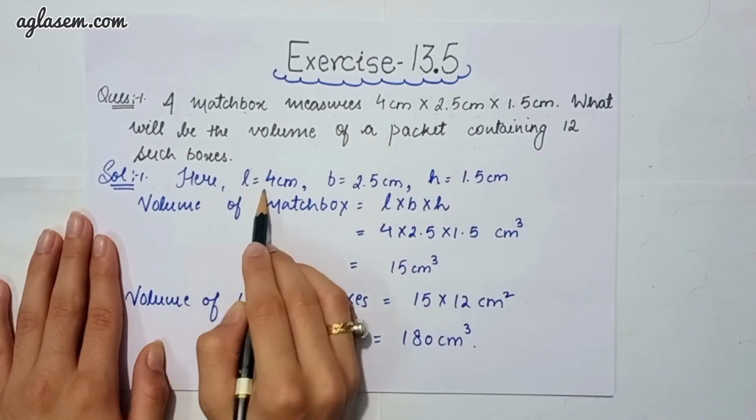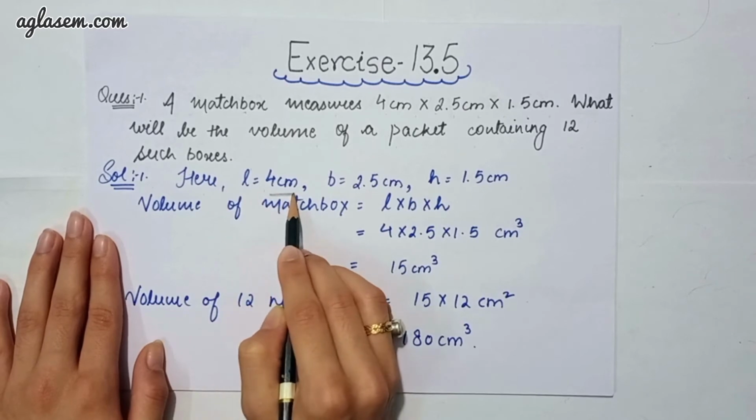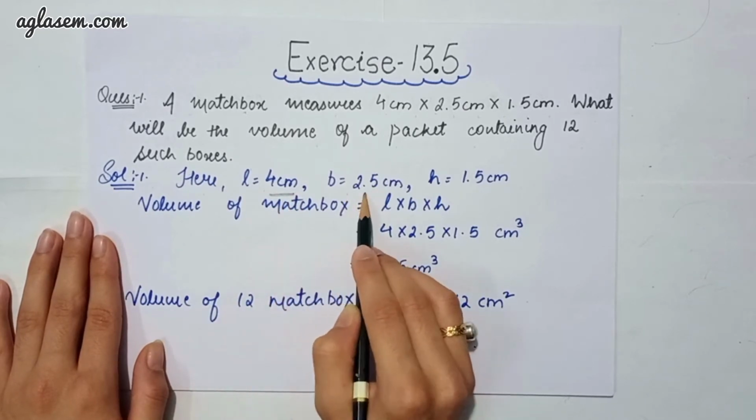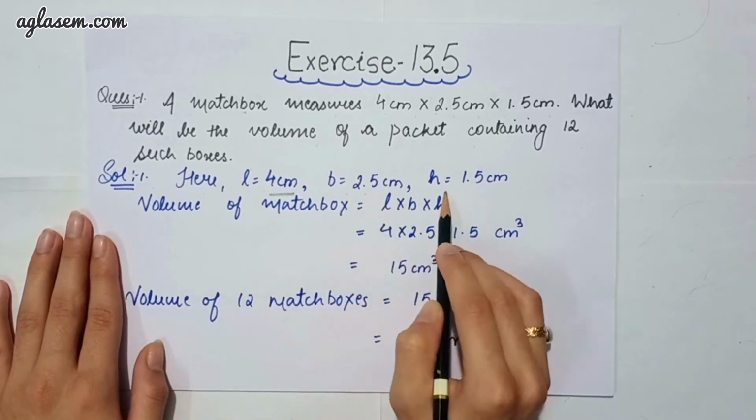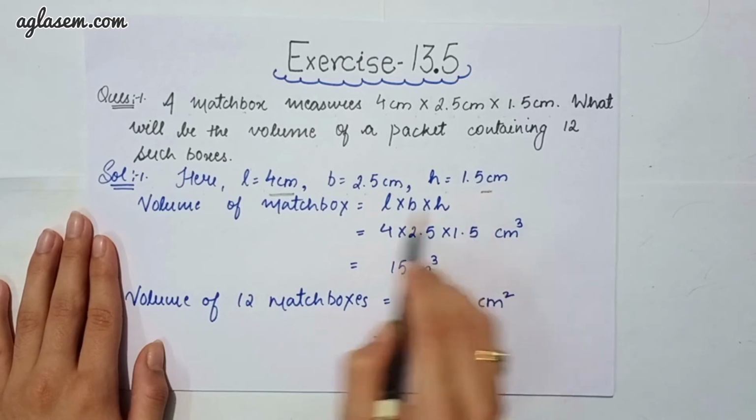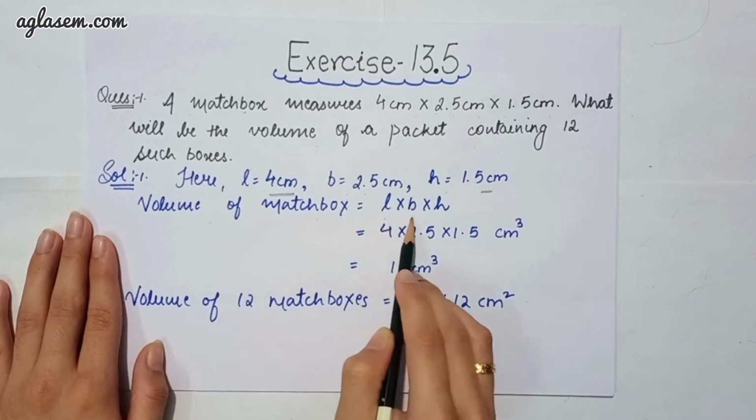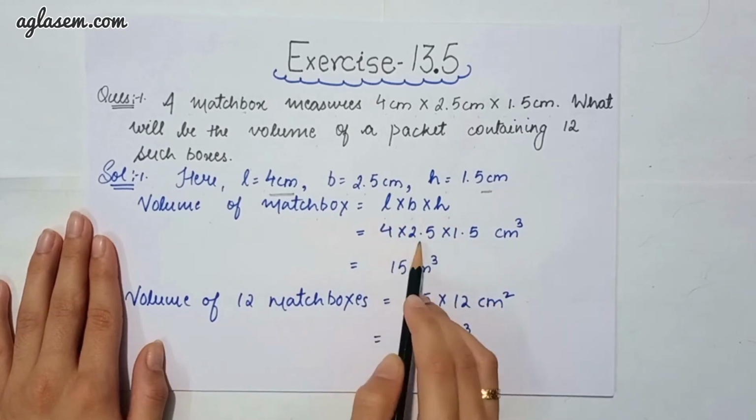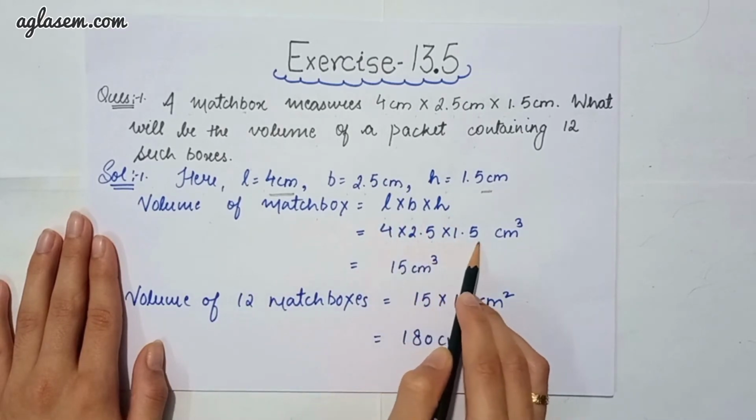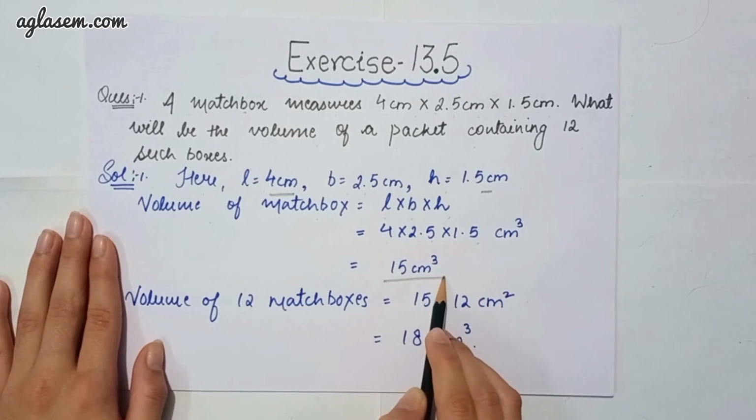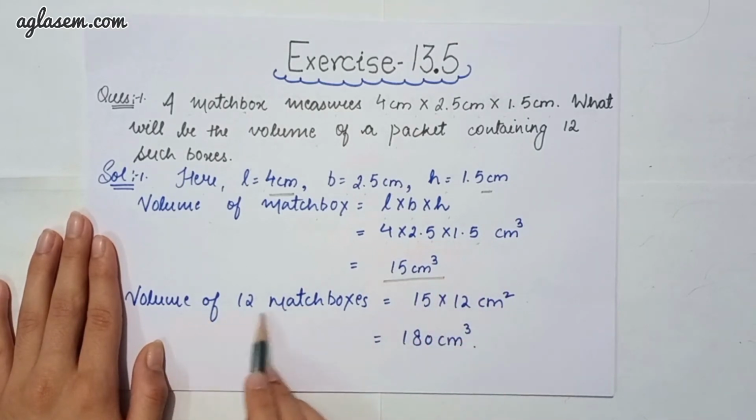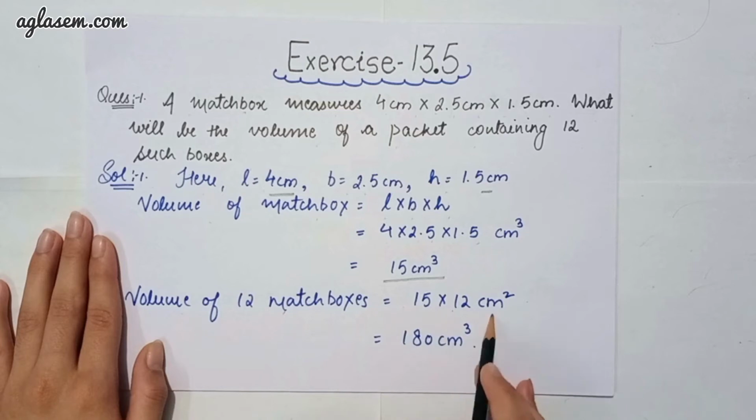So here the answer is length, that is 4 cm, which is given to us, breadth, that is 2.5 cm, height, that is 1.5 cm. From this we can find the volume of matchbox, that is L into B into H. Now 4 multiplied by 2.5 into 1.5 will give you 15 cm cube. For the volume of 12 boxes, we can find it as 15 into 12, that is 180 cm